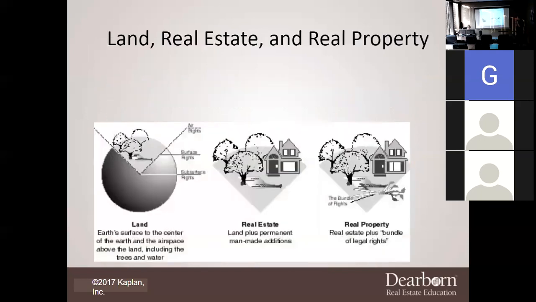Now, this kind of gives you a breakdown in this situation. You have land, real estate, real property. It gives you kind of that breakdown of what you're looking at. With land, they kind of showed you the earth here. And in that situation, you can't end up,